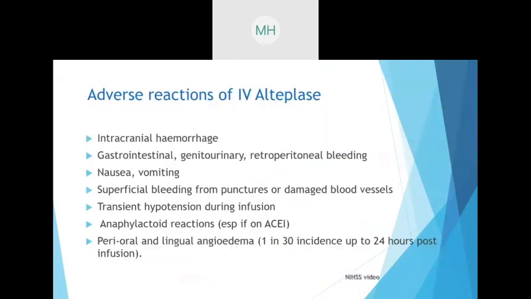So what are the adverse reactions of IV alteplase other than hemorrhage? Patients will have nausea, vomiting, superficial bleeding from the puncture site, transient hypotension during infusion, anaphylactic reaction, perioral and lingual angioedema. I think,